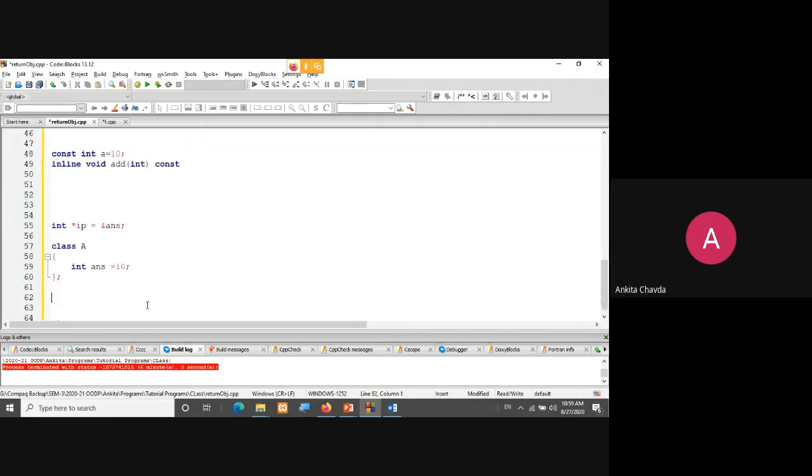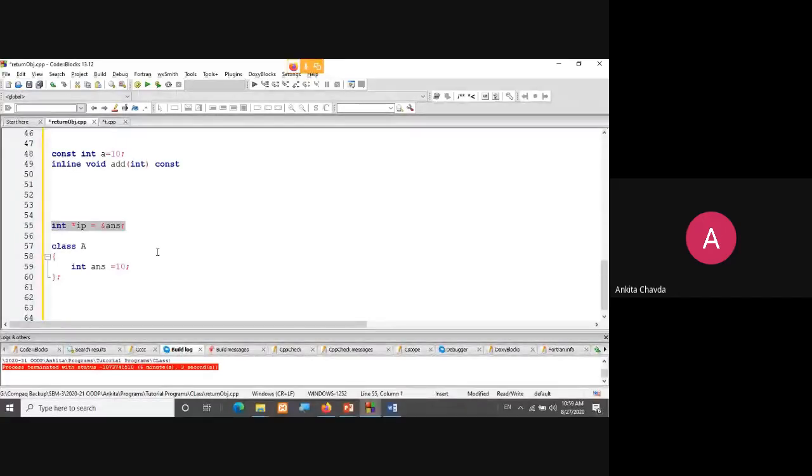So now this is no more a normal variable, it is a part of class A. It is a member of the class A. So now you cannot write like this. You cannot write like this. This is an error.